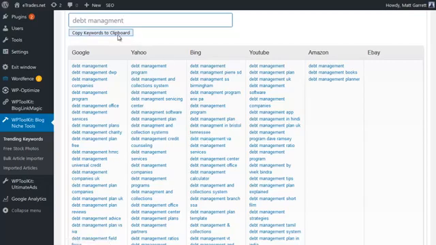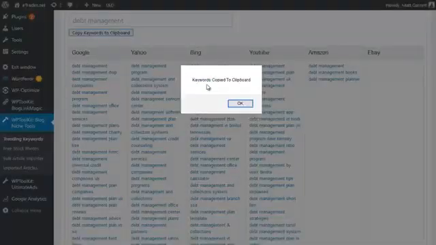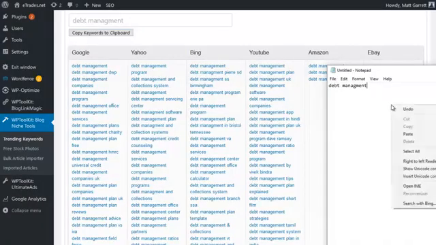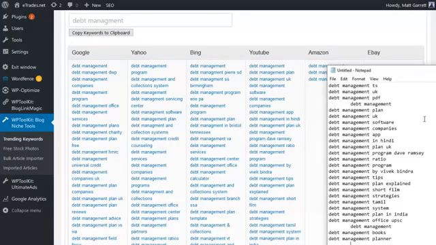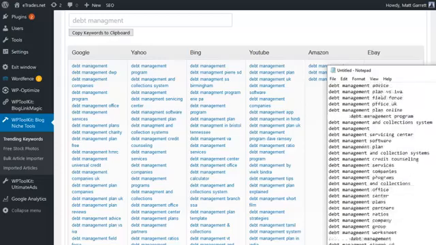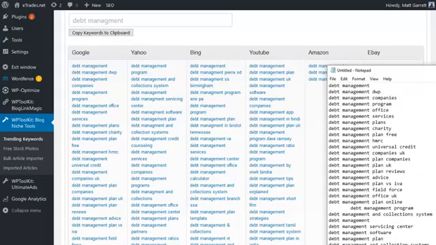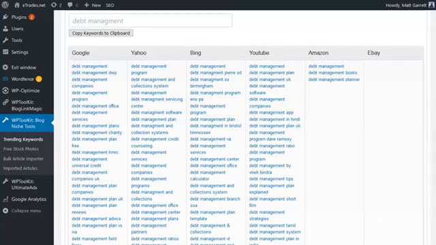Simple way of doing it at this point though, all I'm going to do is copy those keywords into a clipboard. Let's actually paste them here in a text file. If we hit Control V, I've got all those keywords that the tool has found for me in a text file, and I can then go across to the post and pick out whichever those keywords that I want to include in that post. But before I go across to edit the post, there's one more thing I want to